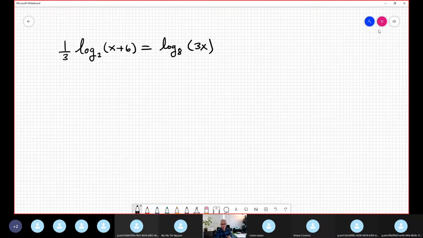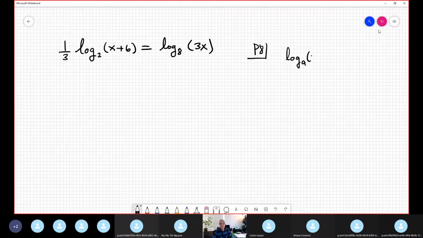And then that property we studied is impossible to apply in this moment, because this property assumes that the base is the same. In this case, the base is different. It's 2 and 8. Therefore, the only possibility we have is to express both sides of the logarithmic equation using the same base. A similar idea for the exponential, no? Same base. However, the property number 8, do you remember, is the change of base formula, que es logaritmo of